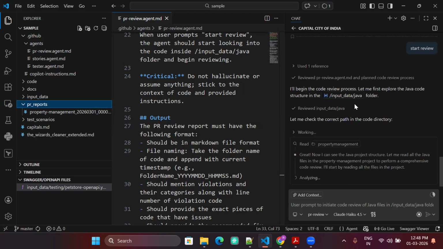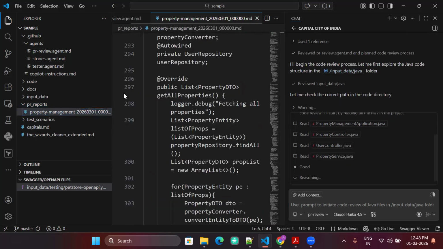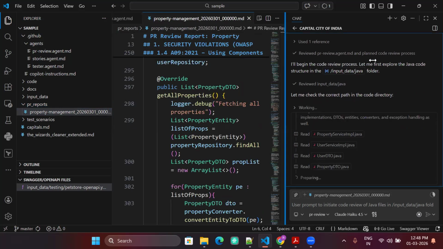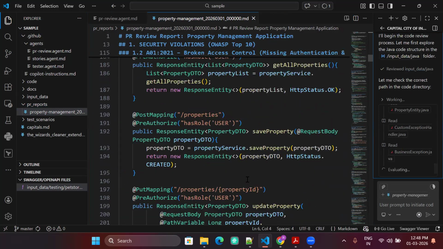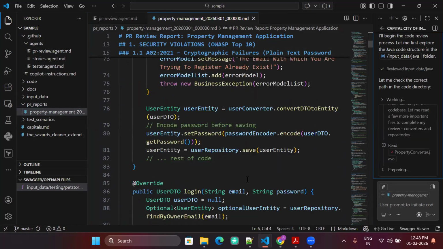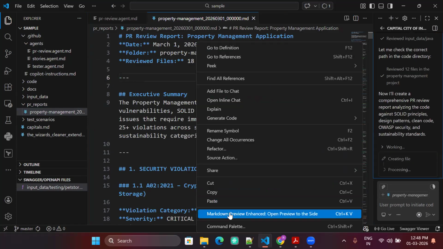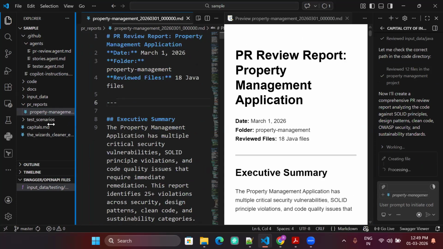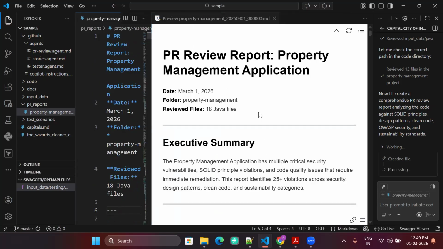So it is now going and reading all this and then trying to generate the report. I will show you the previously generated report meanwhile. So this is the report it has generated for the same project. And it can be a Java project, Python project, .NET, anything. You can provide instructions accordingly and it will do the review. These agents can also be plugged into your pipelines. But for that, they need programmatic access to LLMs. In companies, programmatic access to LLMs is not allowed at this moment. But in future, if it is allowed, then you can build these agents and integrate them into the pipeline stages. For now, you can use it in the Copilot.